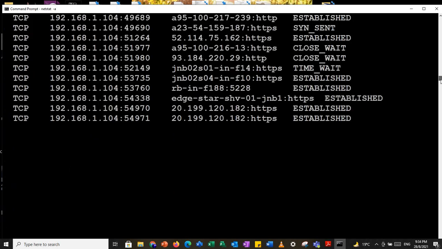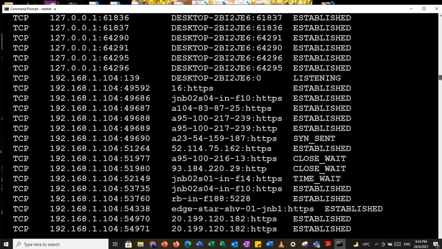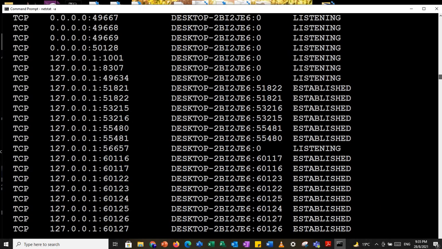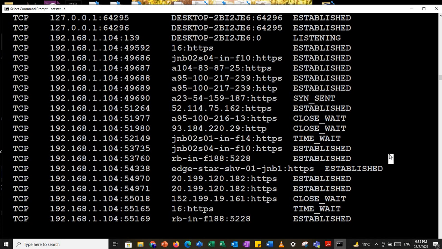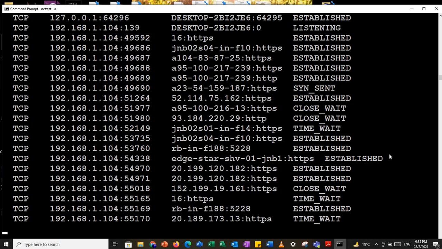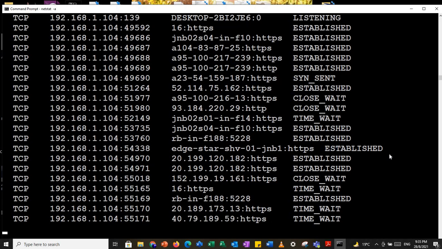So if we scroll down, our system is actually showing us the type of protocol. In this case, it's TCP, the IP address,